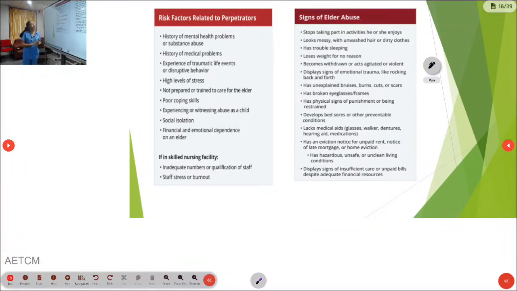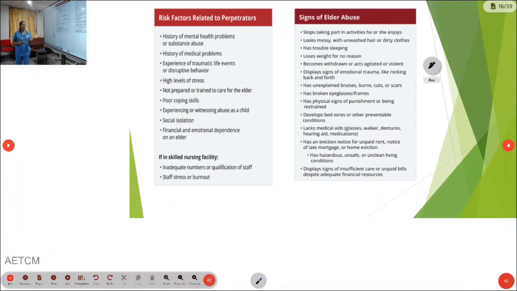The signs of elder abuse include stopping taking part in activities that he or she usually enjoys, looking messy with uncleaned hair or dirty clothes, having trouble sleeping, losing weight for no reason, withdrawing or acting agitated or violent, displaying signs of emotional trauma like rocking back and forth, unexplained bruises, burns, cuts, scars, broken glasses or frames, physical signs of punishment or being restrained, developing bed sores or avoidable conditions, and lacking medical aids like glasses, walkers, dentures,